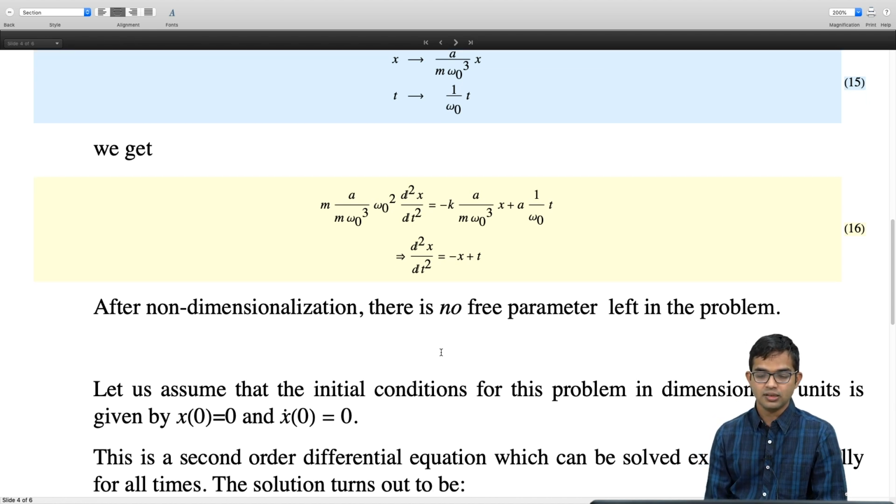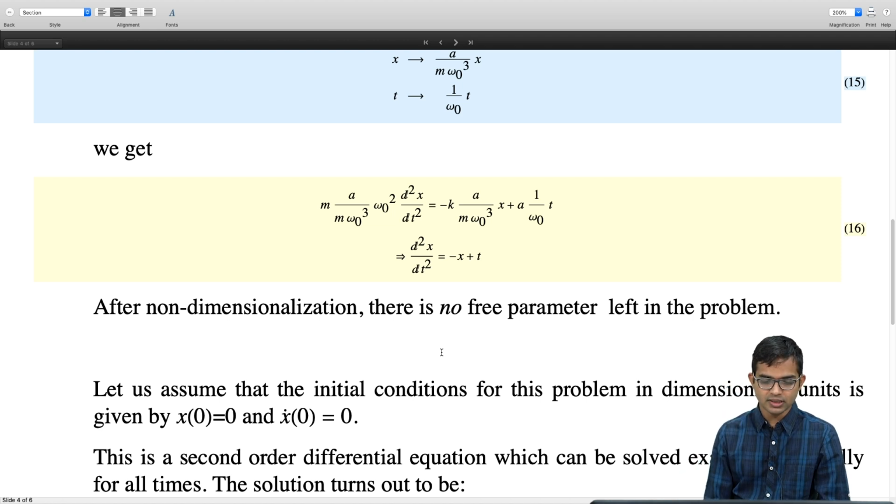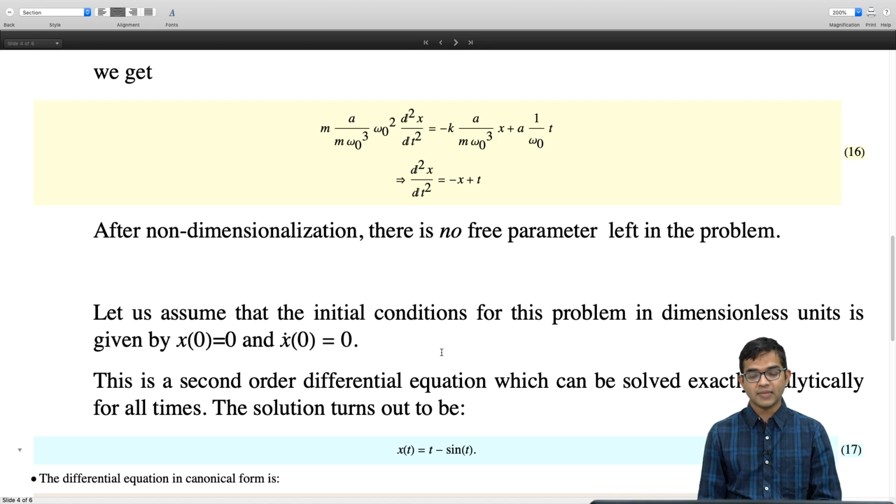You'll start to see a pattern. In a slightly more advanced course on math methods or a differential equation course, you'll see that for this whole class of differential equations there are very nice, well worked out prescriptions for getting at the particular solutions. Here I'm once again just going to give you the answer. It's a very simple answer. So x of t is t minus sine of t.